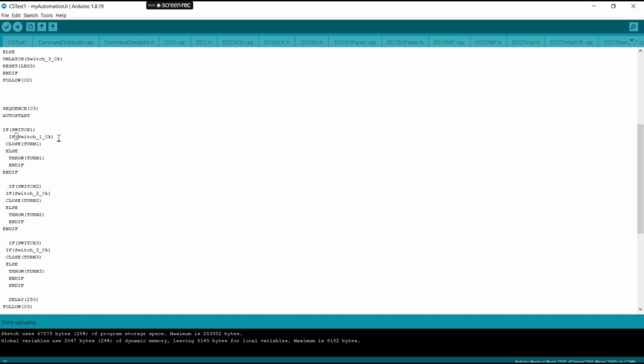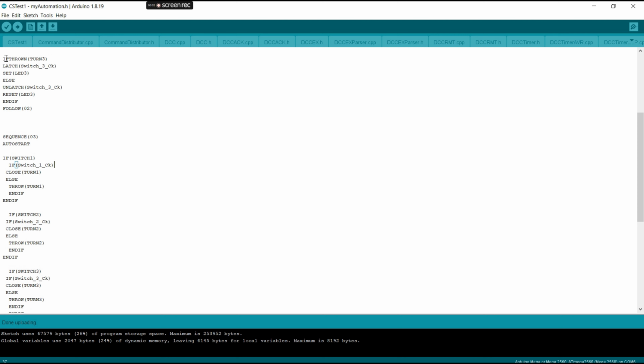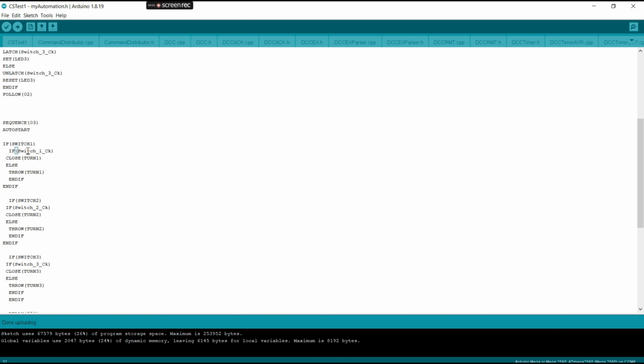Okay, if the switch is on, that means the turnout is thrown, because if you remember in the first portion, when the turnout is thrown, we latch that virtual switch or we turn it on. Okay, so the switch is on, that means the turnout is thrown. We've pushed the button because we want to do something. What do we want to do? Well, we want to close the switch. Well, there we go. Close turnout 1. And remember, we're just using the aliases, and what it does just sends the command close to pin 116 in this case. Else, now this else command